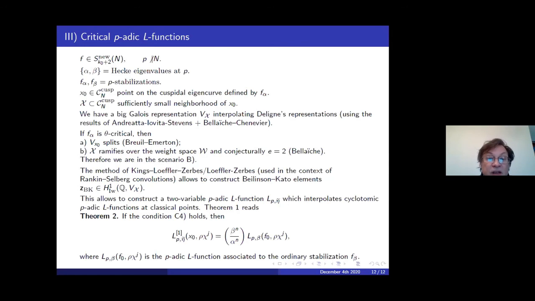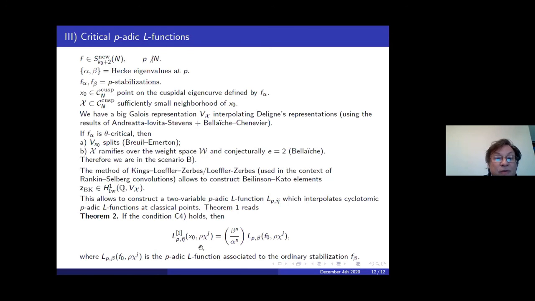If we specialize it at x0, then our theorem says that if the condition C4 holds, I recall that this condition is a condition about the general position of our deformation of D, of the triangulation, with respect to the Hodge filtration. If this condition holds, then the special values of